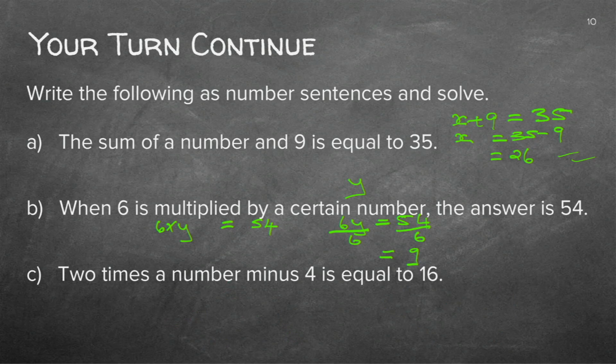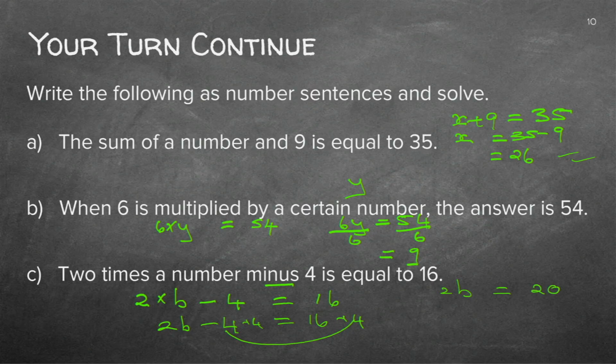I hope you noticed that I was making a mistake. You see, you must read this: 2 times a number minus 4, I forgot that, equals 16. Oh, we almost made a big mistake. 2b minus 4 equals 16. So we're going to take the 4 that side, plus 4, plus 4. So 2b equals 20. And then we're going to divide by 2, so b equals 10.